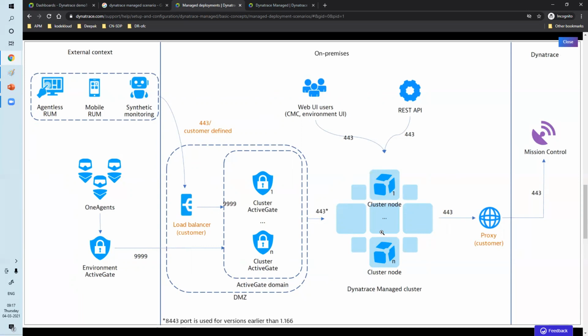Because it's based on that only that you can prepare the architecture. Suppose when I was working at Cognizant, there were around 10,000 nodes. 10,000 agents meant it was around a 3-node cluster, and everything on that 3-node cluster we had on high availability. I implemented that cluster ActiveGate at Cognizant.